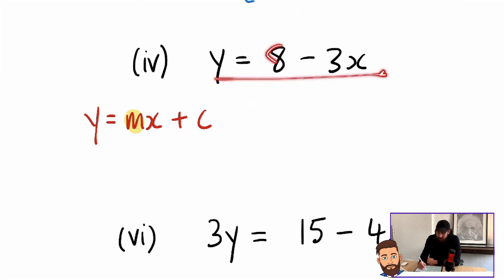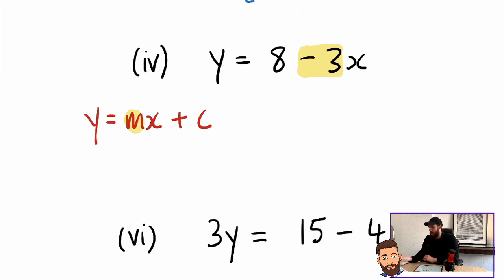It's not 8, definitely not 8. It's going to be this minus 3. And remember, that minus is attached to that 3. This minus is not floating around in this equation. It is attached to this 3. It's part of this 3. It's minus 3, not 3. So,